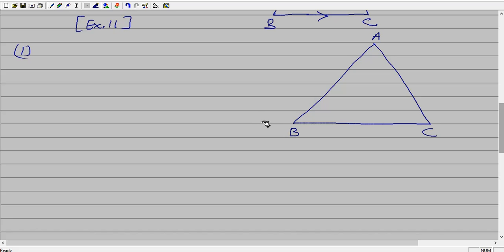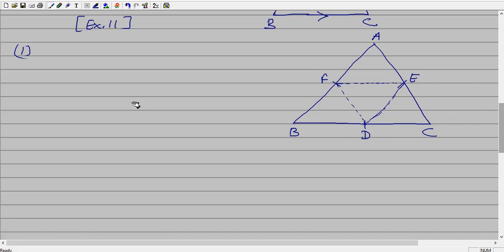the questions. So suppose it is a given figure, first question, first figure. ABC is a triangle, D, E and F are midpoints. The point D is given on BC, point E is given on AC and the midpoint F is given on AB. Join with a dotted line, already given in your book.